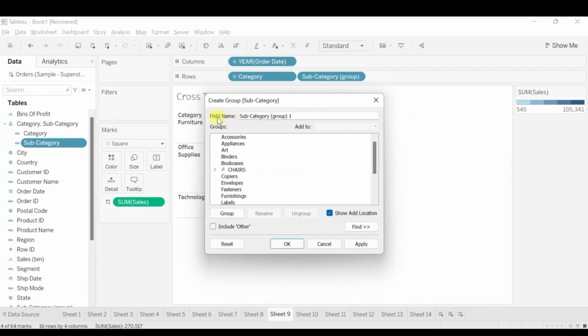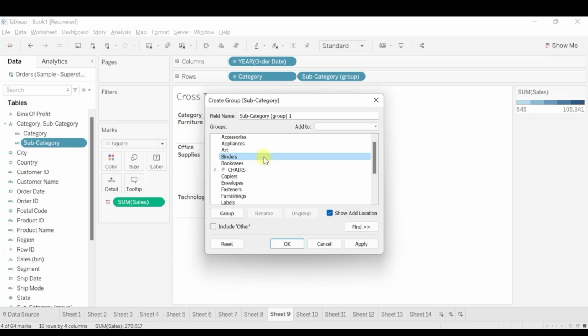The very first is the field name, the field that is available in the data pane, that is subcategory, and we are creating a group and naming it group 1. It shows the groups that we can create, and the Add to option shows if there is any pre-created group; it would be available in this drop down. Since we have not created any group, they are not visible here.